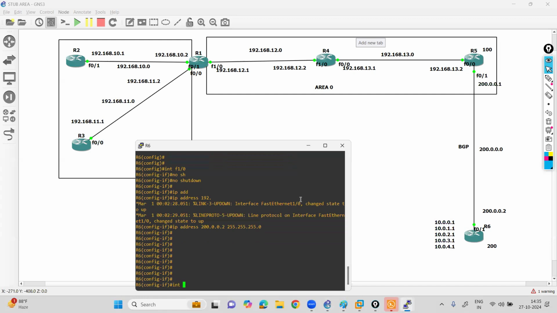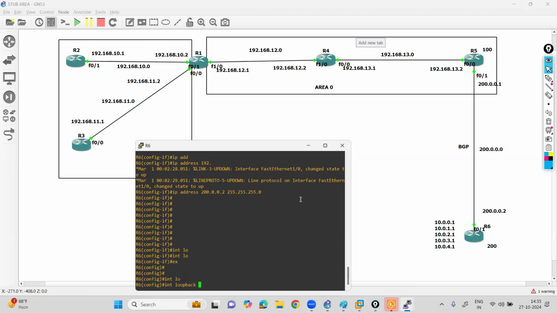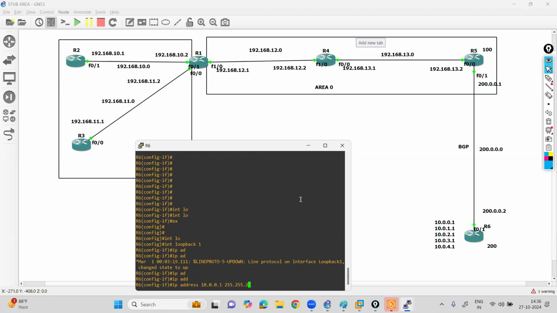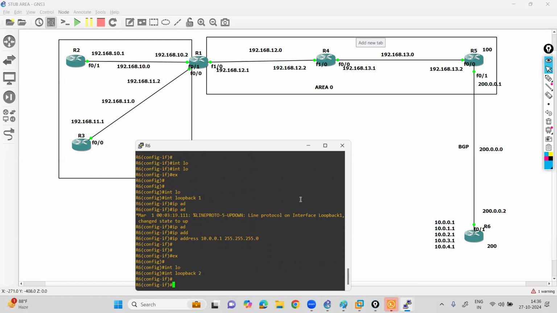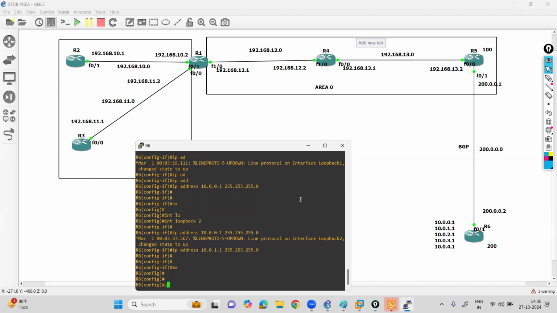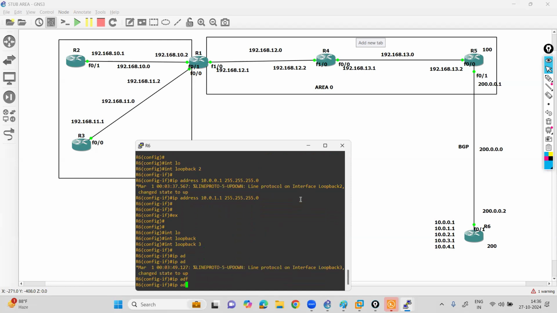Provide the loopback interface. Interface loopback 1. IP address is 10.0.0.1 and 255.255.255.0. Clear? Next is interface loopback 2. IP address is 10.0.1.1, okay, and 255.255.255.0. Interface loopback 3. IP address is